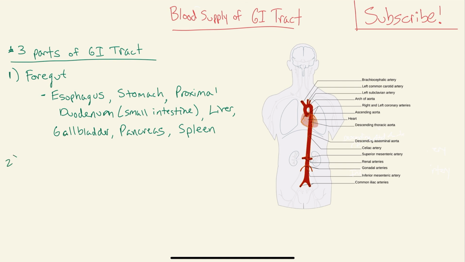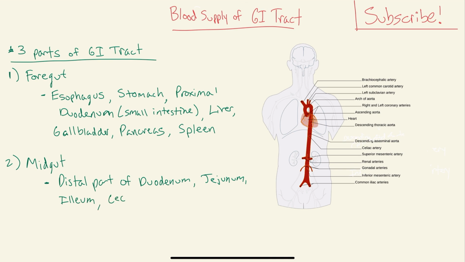Okay. Now, the second part here is going to be the midgut. So the midgut is going to include the distal part of the duodenum, so from the small intestine now, and the other two remaining parts of the small intestine as well. And then we work into the large intestine with the cecum, appendix, the ascending colon, and the proximal 2/3 of the transverse